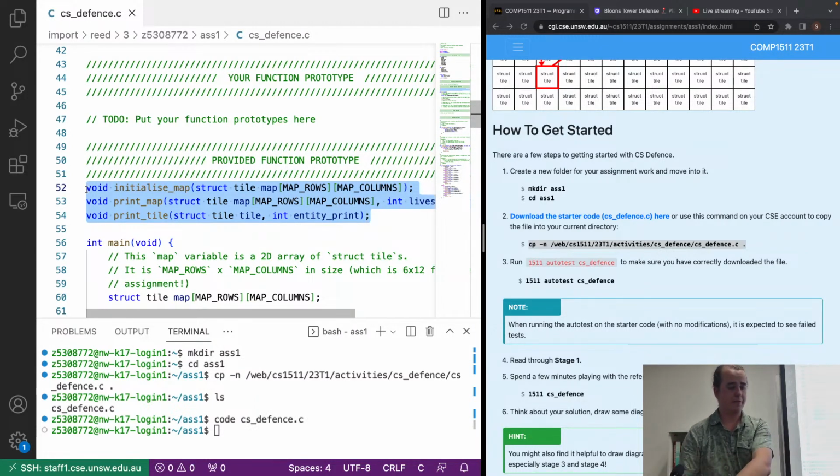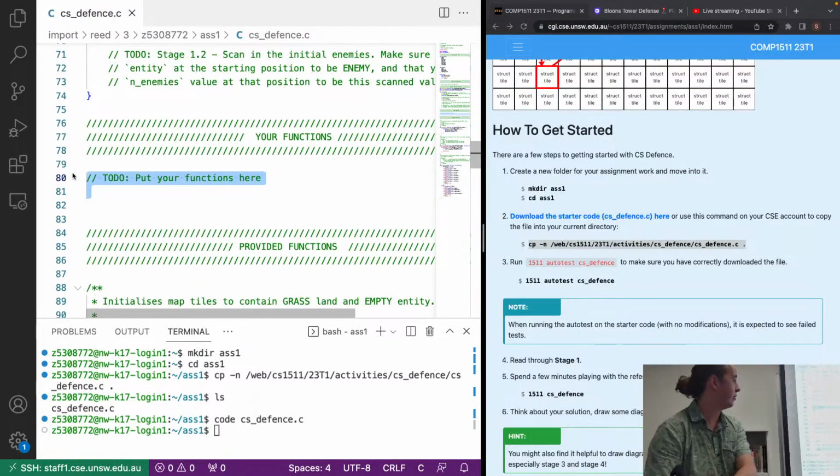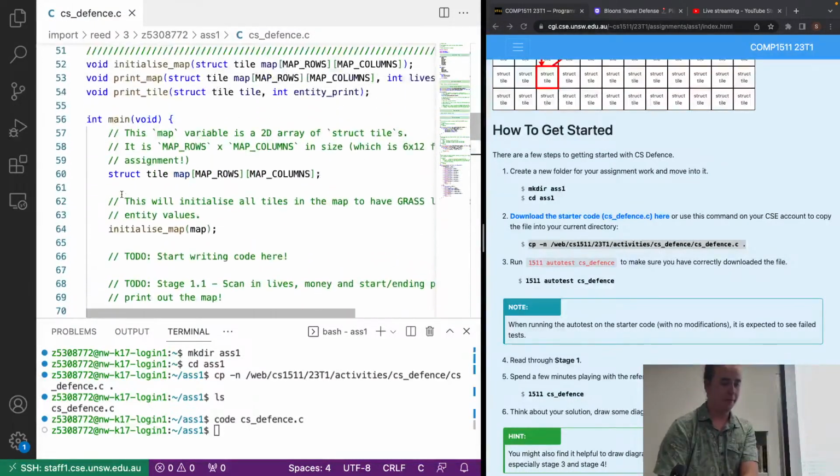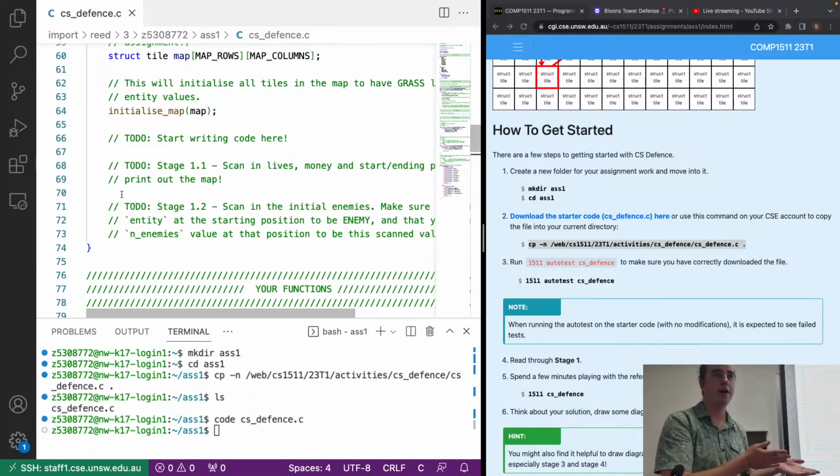And then the actual function definitions I showed you before, just down here. And then you would probably put your own in here as well. That's probably a good place. But yeah, so we give you a main function. It's actually really empty, there's only 2 lines of code in it. We've just given you a lot of to-dos to push you in the right direction for this